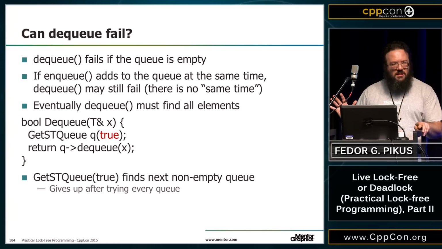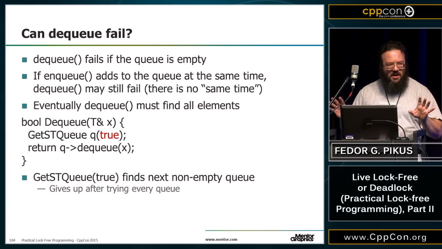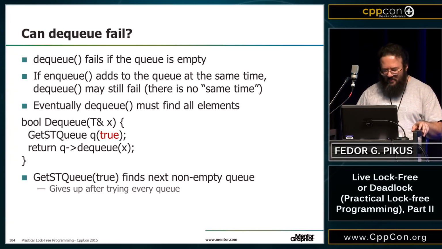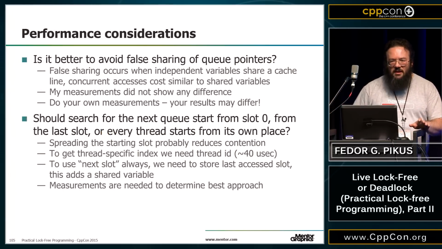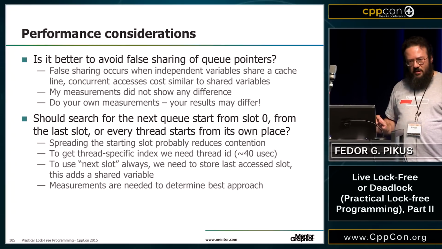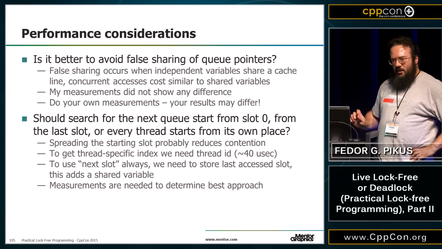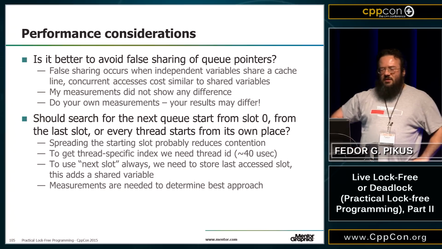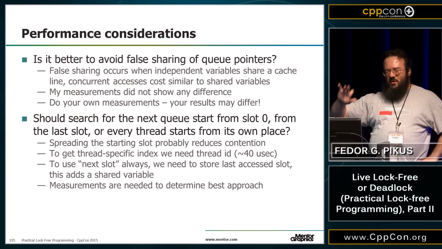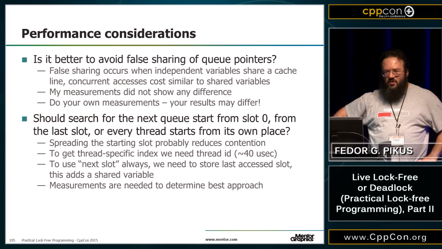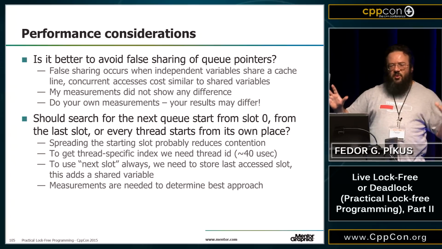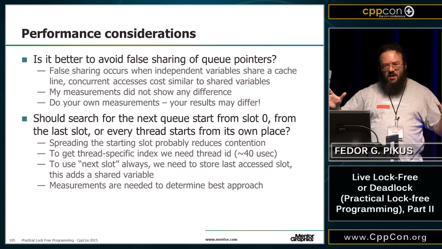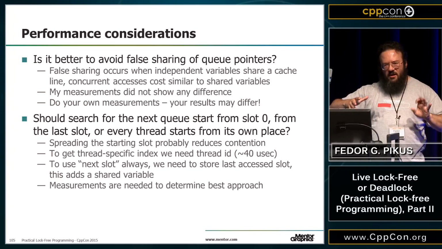And for the loads, for the mix of enqueues and dequeues that I was using as a test load. Question? Yes? Any guesses as to why the results are different between Haswell and Sandy Bridge? Well, not just Haswell and Sandy Bridge. Nehalem and Westmere, they all had different results. It's an interplay between how fast the atomic instructions are, how fast the cache updates are, how fast the memory